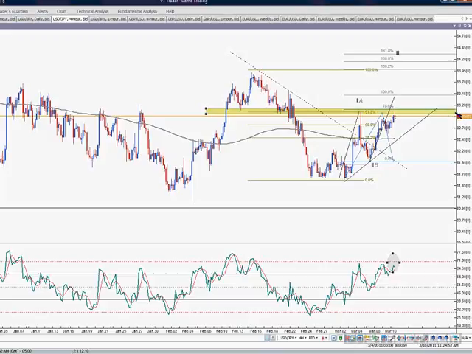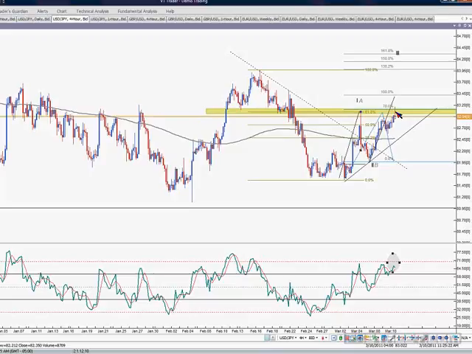84 is a very important level because, first of all, it's a 61.8% retracement. It's also the neckline of this head and shoulders, so it's a very important support, which now is resistance. And you saw the last time we tested it, there was a strong rejection. We came from a bullish intention all the way to a bearish outside bar. So that was a very strong rejection.